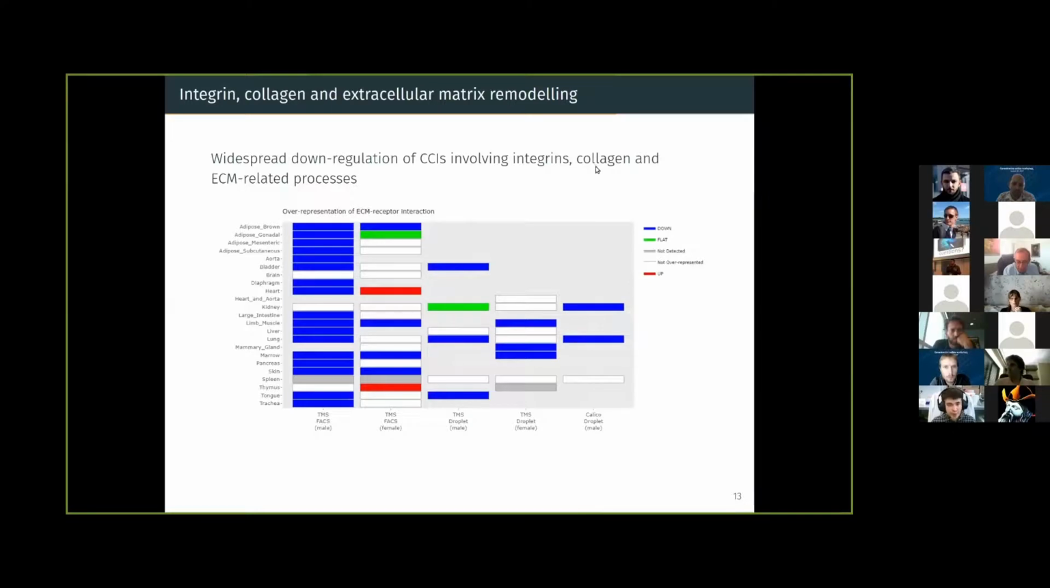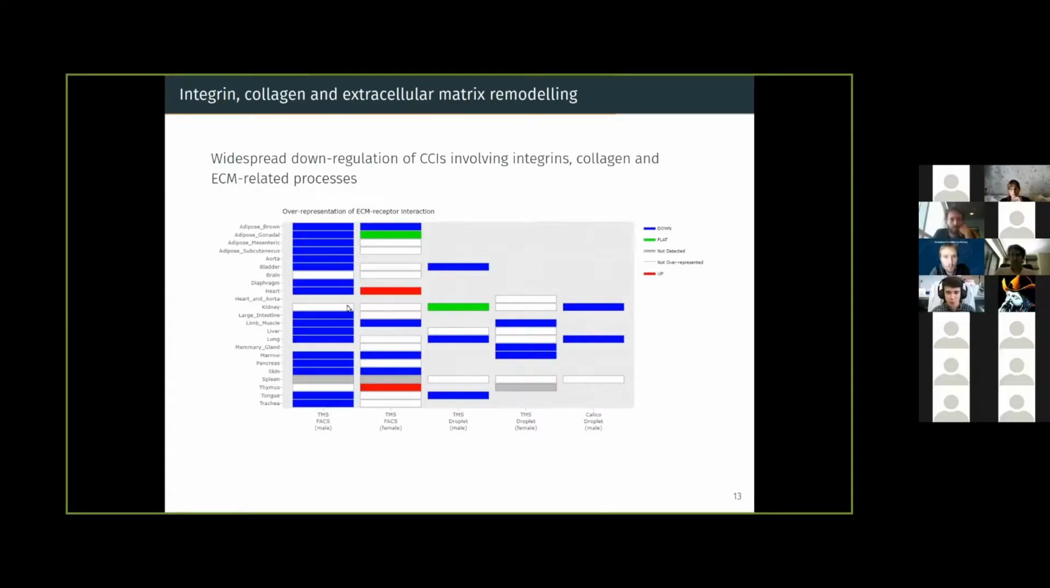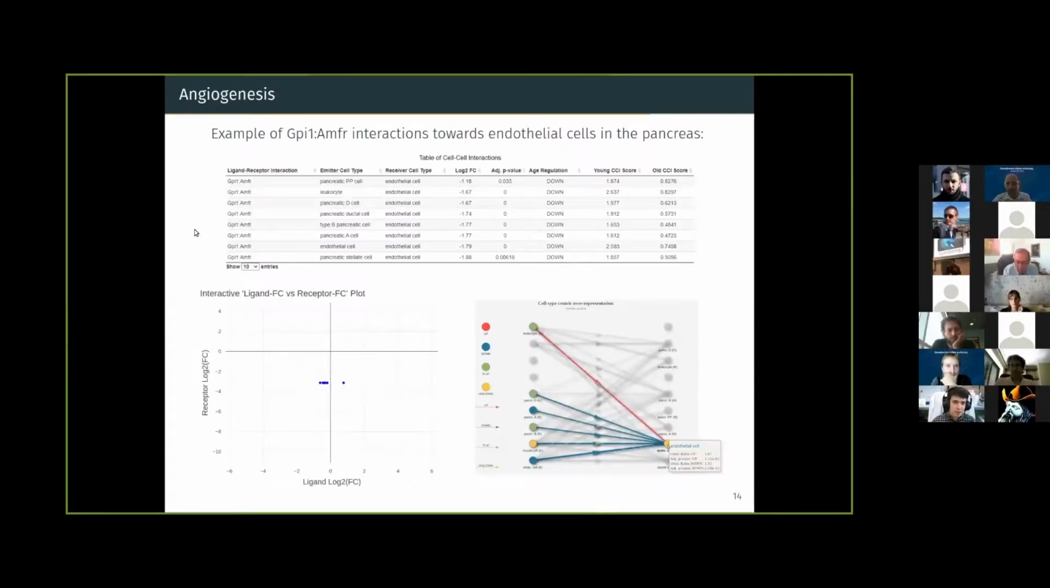Another important category of results is represented by the downregulation of many molecules such as integrins and collagen across many tissues and many data sets, as indicated by the blue boxes. And this has also been a widely described result in the aging research. To provide an example of a slightly more in-depth analysis at the tissue level,